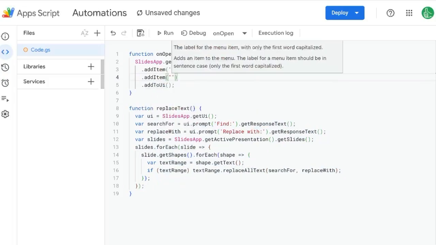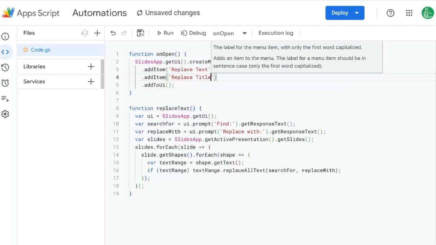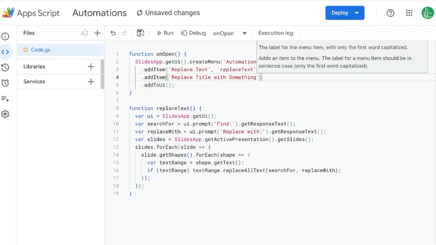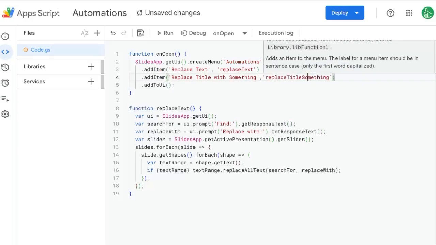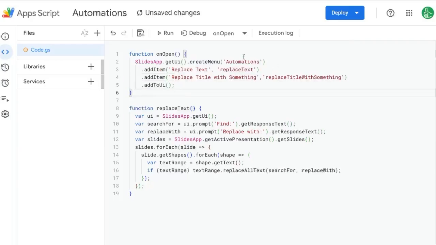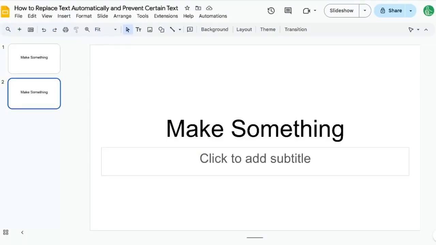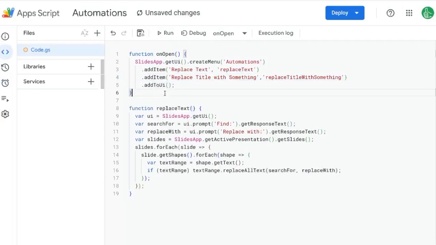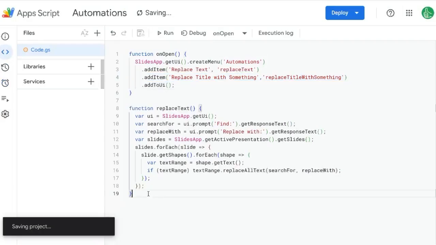just so that we have access to it in this menu. The first part of this addItem is going to be what the user sees. So we're going to replace title with something. That's literally the words we're going to use. And we're going to call this function replaceTitleSomething. Actually, we'll call it withSomething. Now, this merely adds the item to our menu. So back on our slide, this Automations menu is going to have that second item. We need to save it and reopen the slide for it to happen,